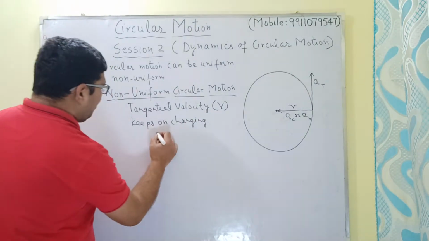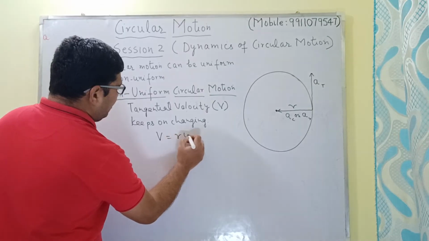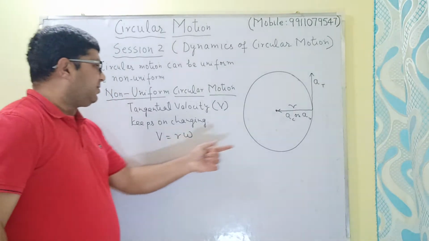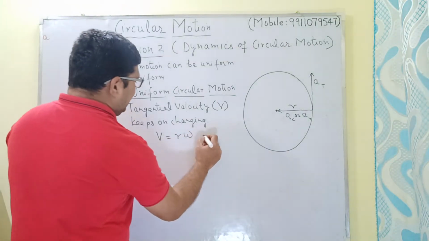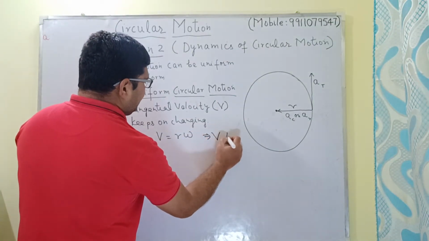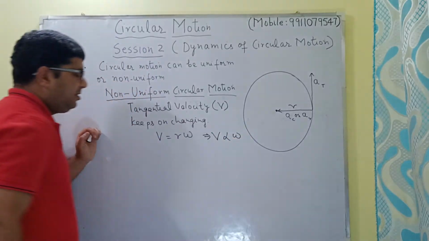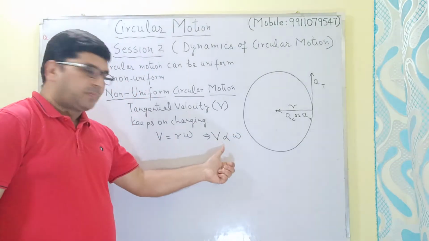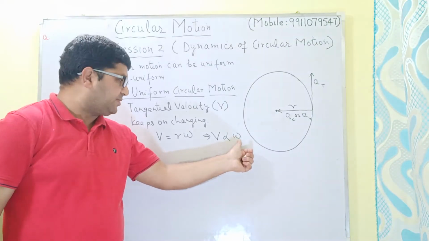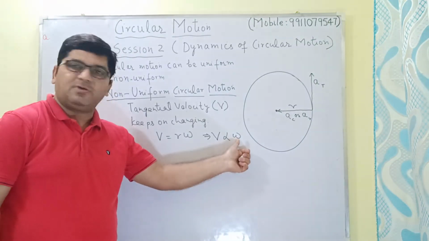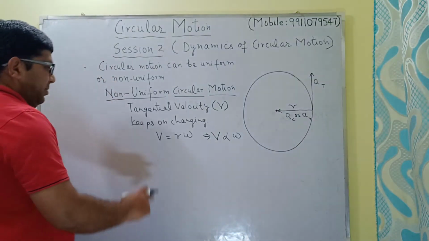Okay, now we know that V is equal to R omega. Here R is the radius of the circular path, so it is a constant value. So we can say that V is directly proportional to omega. That is, if V is changing, then omega, the angular velocity, will also change. Now